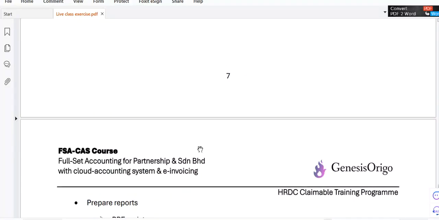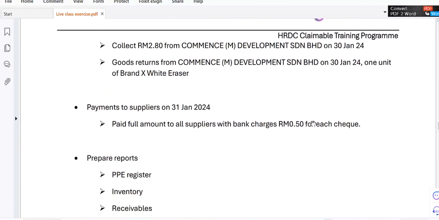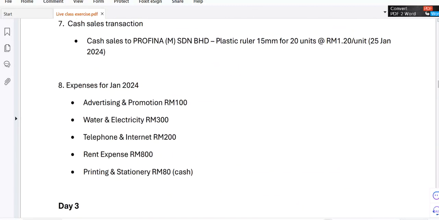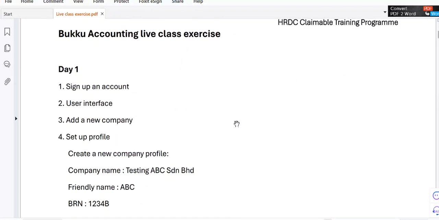All right, so following the day one progress, okay, hang on. There are so many things I put in this outline here. Okay, day one, sign up an account. So you don't actually need to pay to get an experience of this software. Okay, you want to pay, of course you can. But when you sign up this course, I believe the office have made certain arrangement for you already. So you can check with them whether you can get the full version, the paid version.